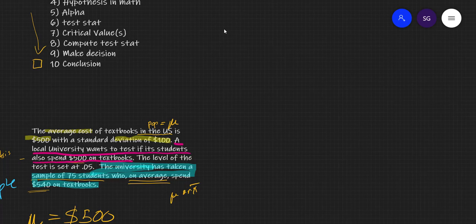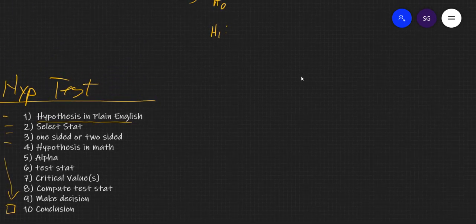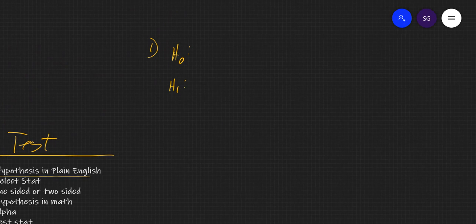Remember that a hypothesis needs to be a statement. Telling me what you want is nice and all, but what am I supposed to be testing? I want to know if, not a test, not an if statement, it has to be a statement. So, do students, nope, that's a question. What if students, no, that's not right either. Statement, I'm making a statement. I believe that students at this university, whichever one it is, spend $500